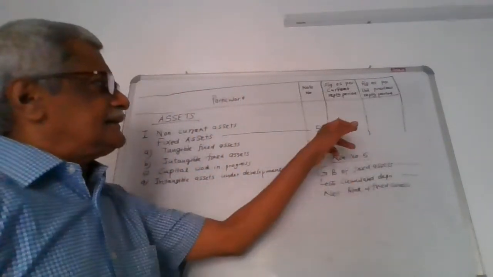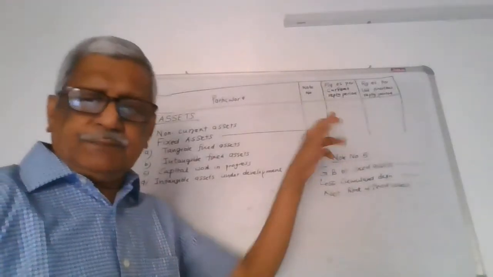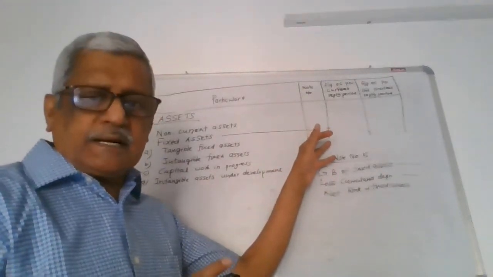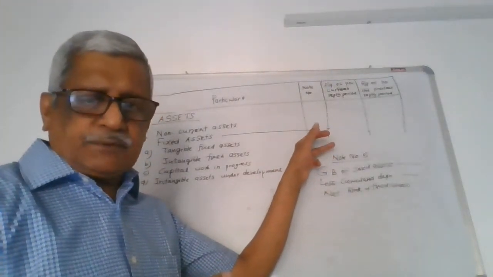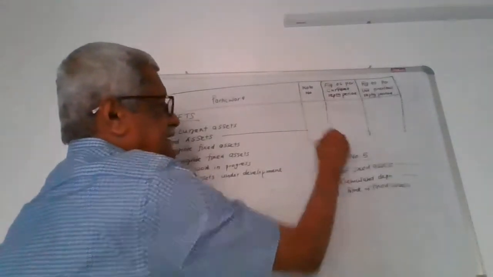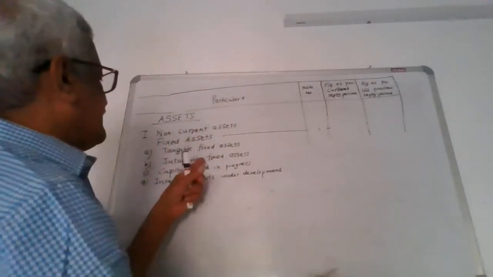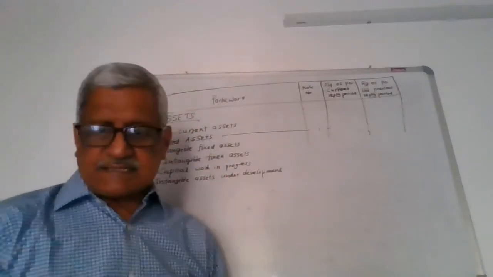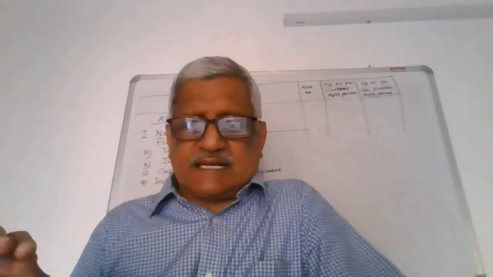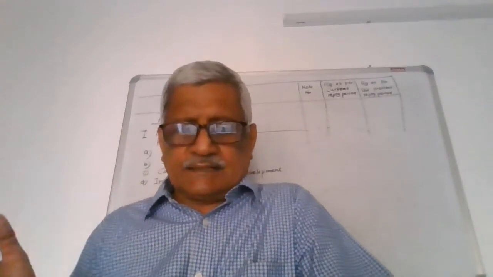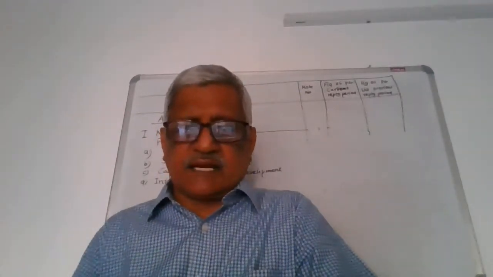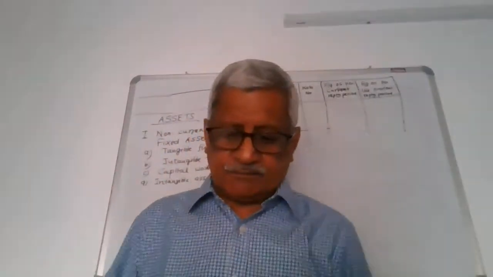So what will appear in the balance sheet is the depreciated value of the fixed assets. To know more about the gross block and the cumulative depreciation provided, you may have to refer to the note which prescribes that. Now the second item is intangible fixed assets. We know that there are certain assets which cannot be touched or felt. They are goodwill, patent, brand equity, etc. They all come under the classification of intangible assets.